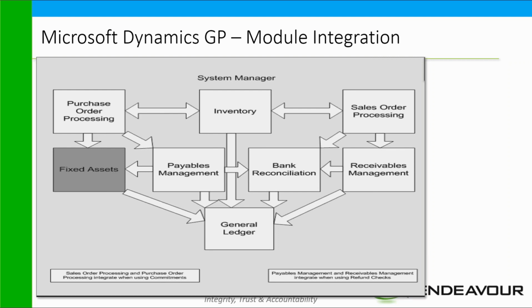I'm just going to put an example using the purchasing series. On the purchasing series, for people that have purchase orders, they can have the purchase order processing module and also the payables module. As you can see from how the arrows are displayed on this graphic, they interact with other modules also. They interact with inventory, they interact with bank, but also at the end of the day, what is so nice to illustrate with this graphic is that all the information in GP flows from the different modules